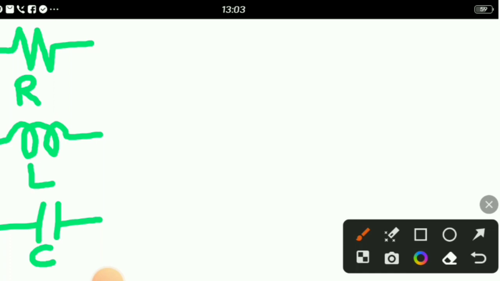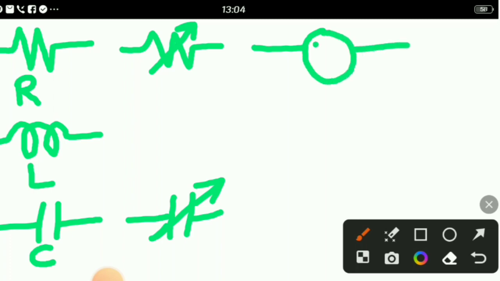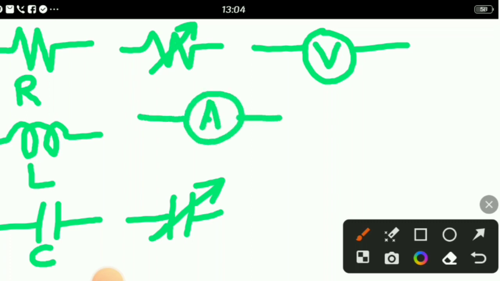Now variable resistor is represented by a symbol. So this is called a variable resistance or resistor. Now variable capacitor is represented by, so this is the variable capacitor. Now a voltmeter or meters are represented by, voltmeter is represented by V, and ammeter is represented by A,